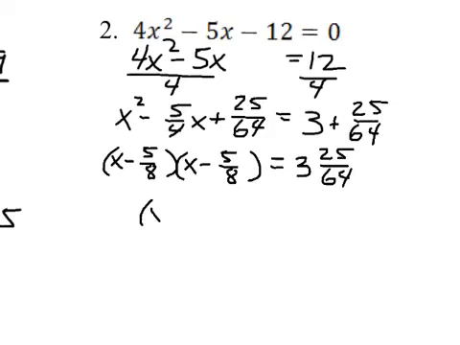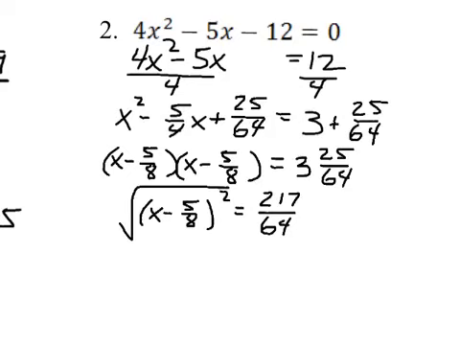So it says x minus 5/8 squared equals, let's see, if we do 3 and 25 64ths, what is that? 64 times 3, sorry, I'm doing this on my calculator that you can't see. So I get 217 over 64. So next step, let's square root. And again, remember that's the absolute value, so that's why when I solve this, I get x minus 5/8 equals